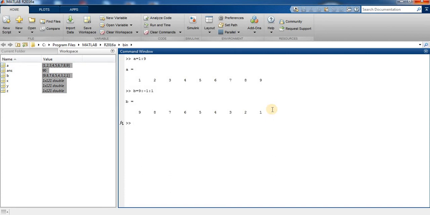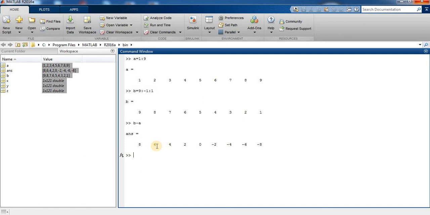Now we perform different arithmetic operations on our arrays. First I type b minus a, press enter. So you can see 9 minus 1 is equal to 8, 8 minus 2 is equal to 6.